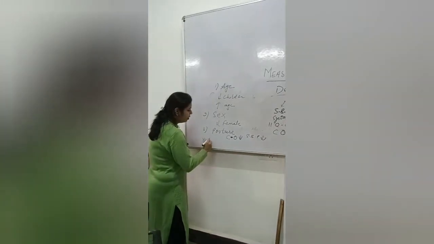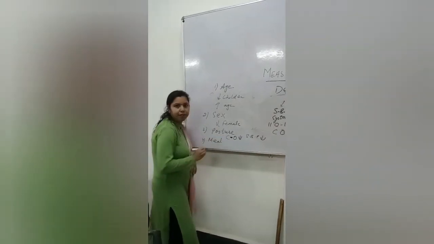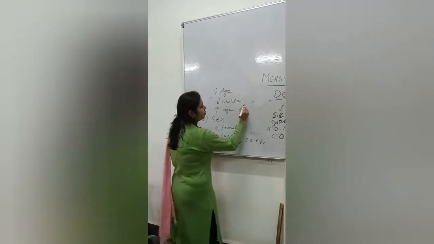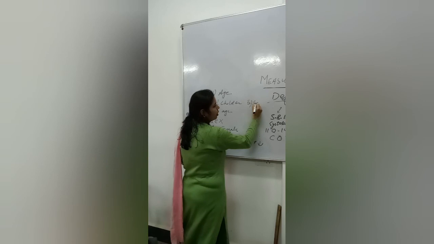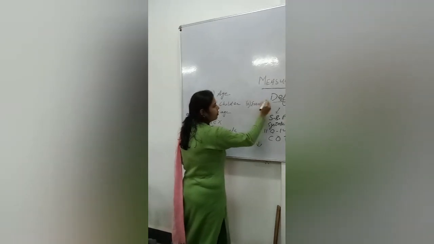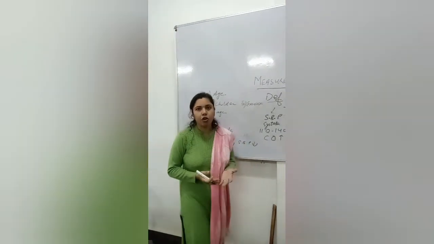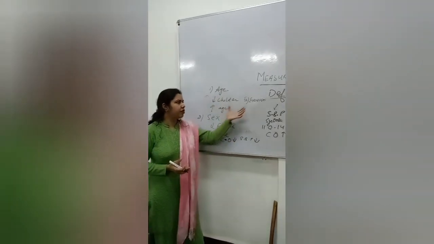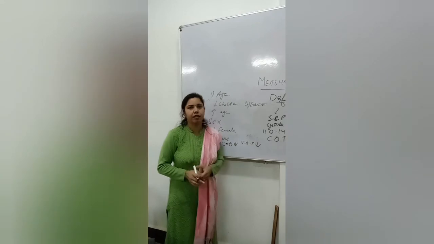Next is the meal. After a meal, there is an increase in BP due to an increase in basal metabolic rate. Then next, exercise. As already told, during exercise there is an increase in cardiac output, so your systolic blood pressure increases. So these are some of the physiological factors which can be asked in the viva.